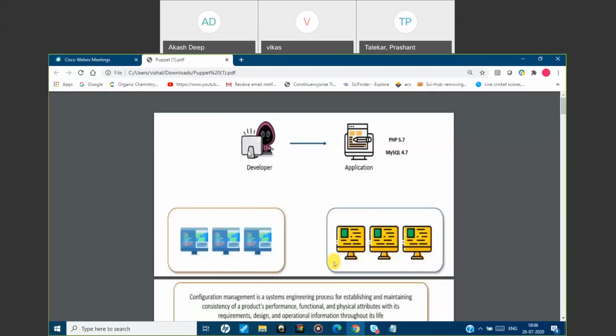And after the development and all, he will send the code to the ops people.